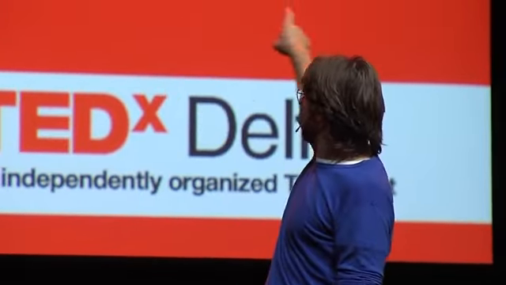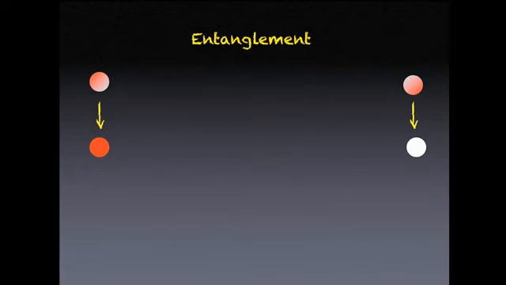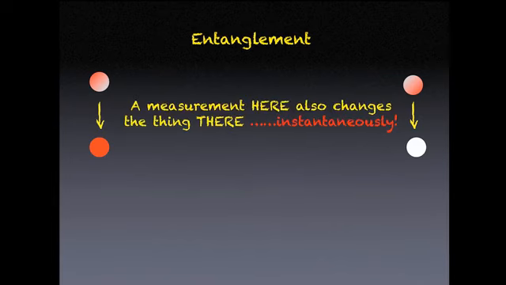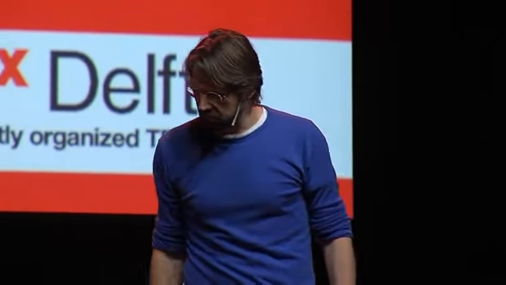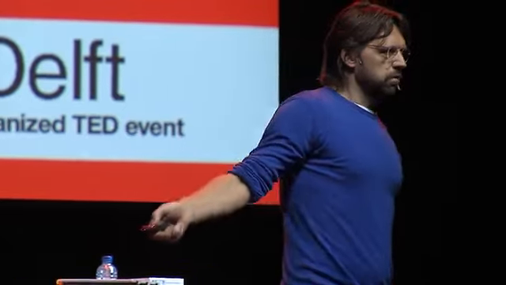And this action over a large distance, and remember, these particles can be apart the size of the universe, takes place instantaneously. A measurement of the color on the left particle immediately changes also the color that's far away. So if I do something here, and at the same time I change something there, without any signals traveling over, there's nothing in between. Much faster than the speed of light. So this is a prediction from quantum theory.